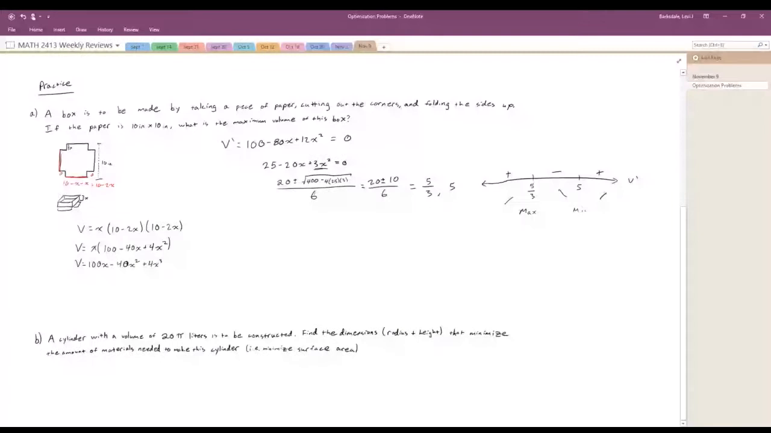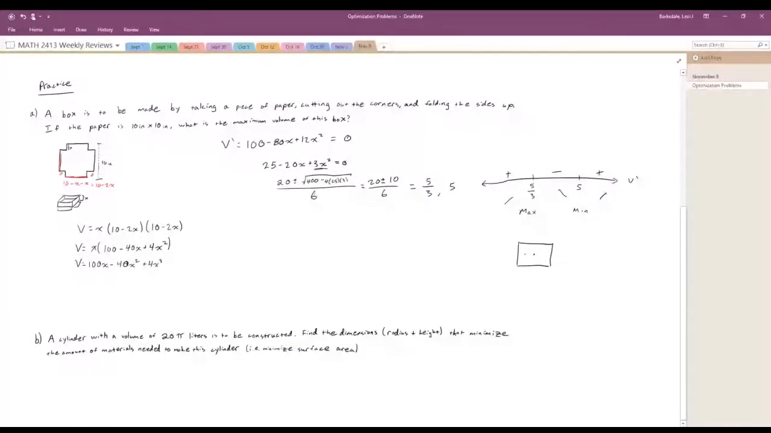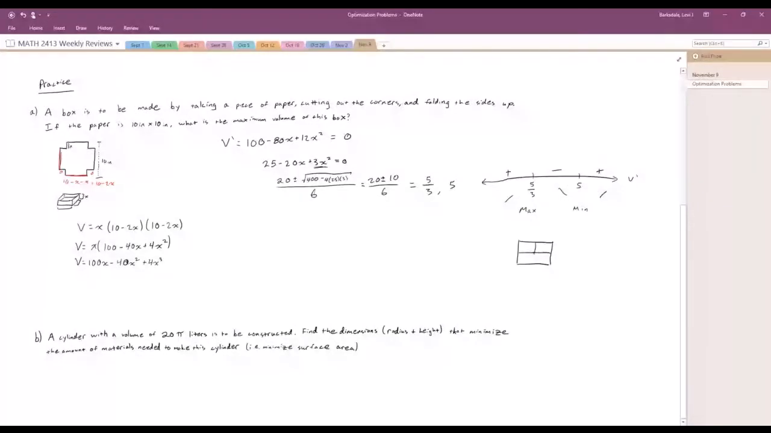And this matches with our intuition, because if we cut out side lengths of 5 from our box, well then, we're essentially just cutting out the entire box, and there's nothing left. So that would give us a volume of 0 at 5. Okay, so we know that our maximum volume occurs at x equals 5/3. So to find our maximum volume,